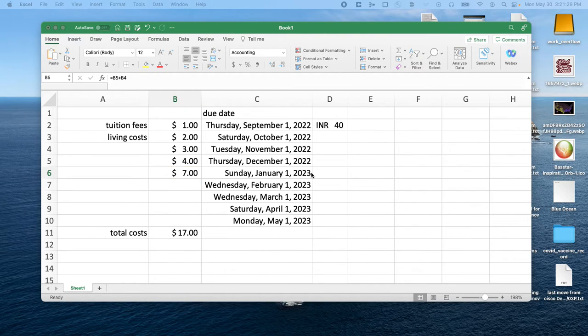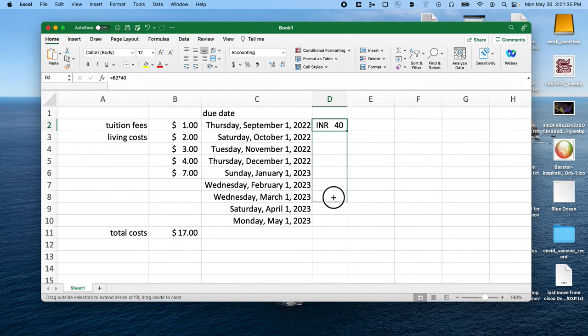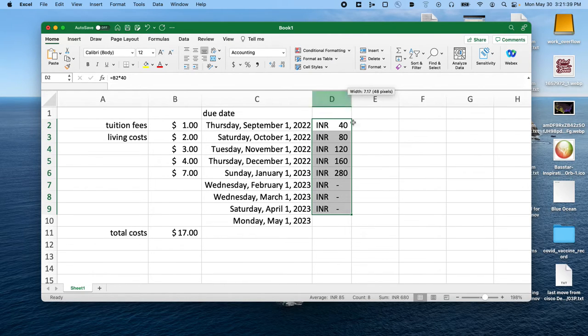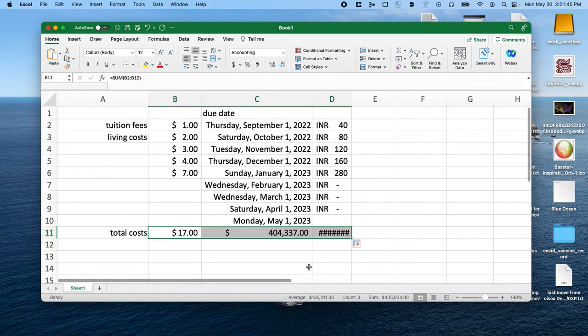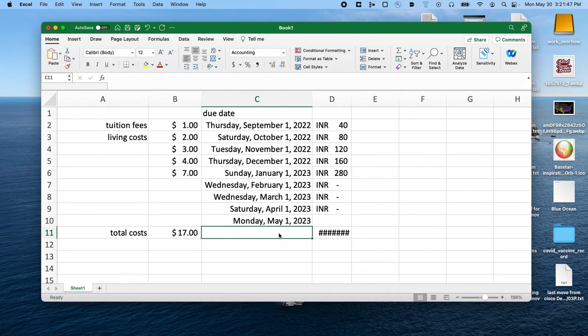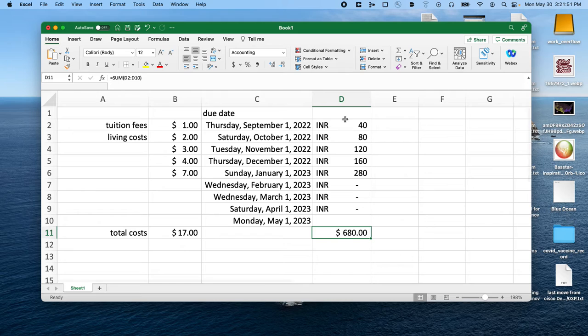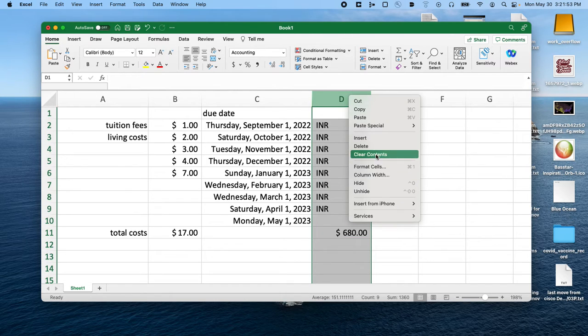It may be that later on we decide we don't care about certain fields. So maybe once I've converted to Indian rupees, I don't really care about the dollar amounts. And you will get these hash signs if it's too narrow, so double click to make it wider. So maybe I no longer, and we can go across as well, so that these totals up here, adding up dates doesn't really make sense, but it may be in Indian rupees that